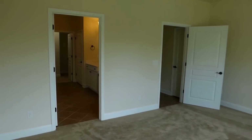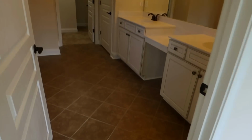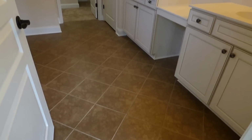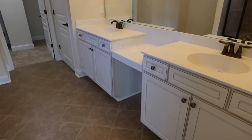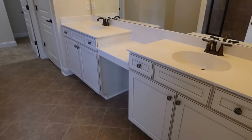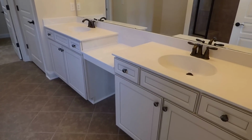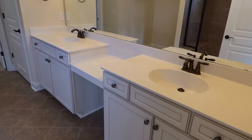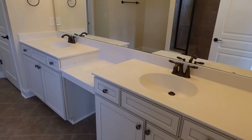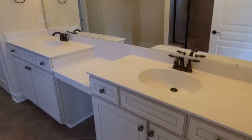And let's go see this master bathroom because it's a beauty. We have the floor tile laid on the diagonal. Very good looking here. We have the same toasted antique finishes on the cabinets that we saw in the kitchen. We have here a cultured marble countertop with a dressing table in the middle. If you're not familiar with cultured marble, it's a quartz dust mixed with resin. It's a man-made product which is molded, and you see it has a